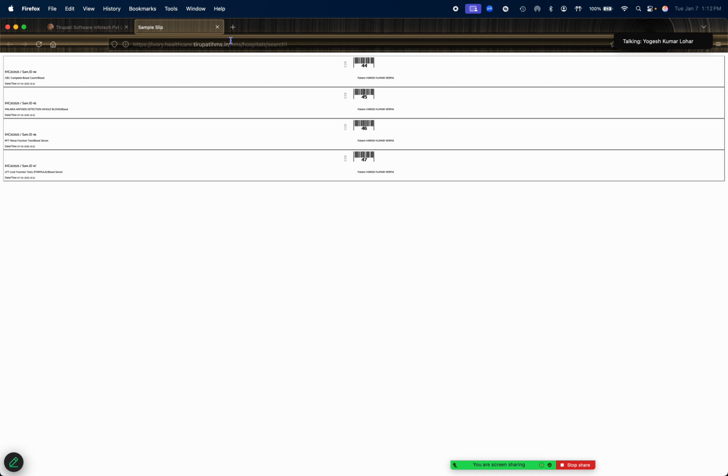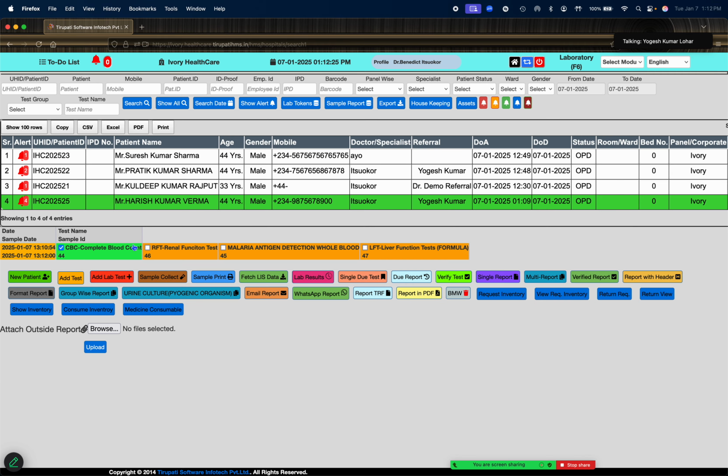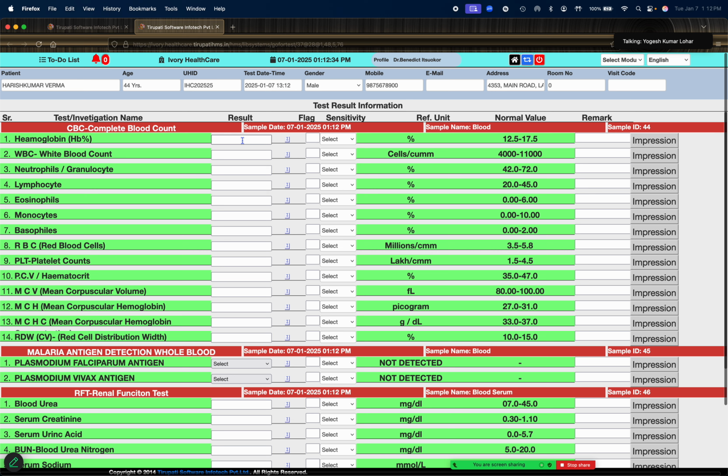This is the barcode generated by the lab technician. Now we make a result entry update in this particular patient report. Go to the lab results window, and there the user will be able to mark the result entry, whatever results come from the system or machine. It can be a manual update, or system generated, where a machine interface can reflect the result into the software. So let me put some demo entry here.